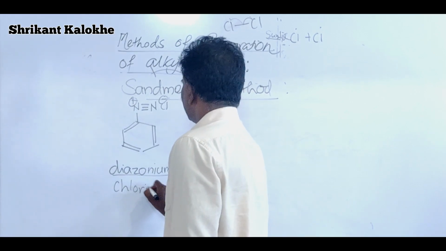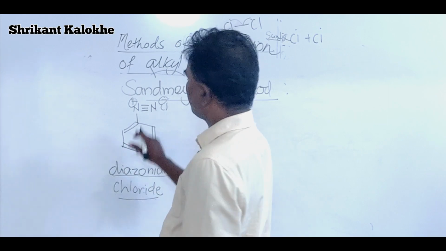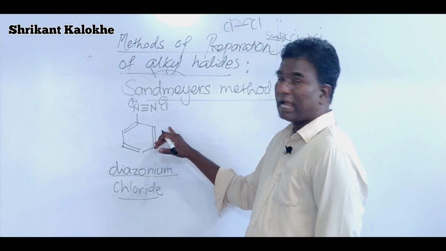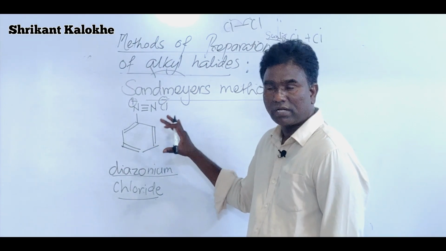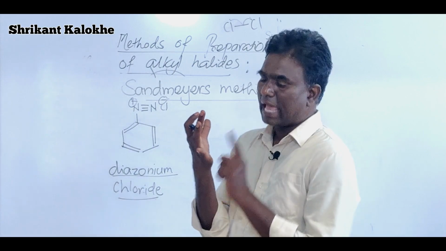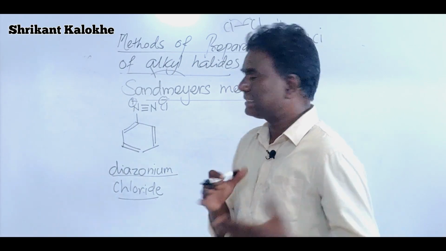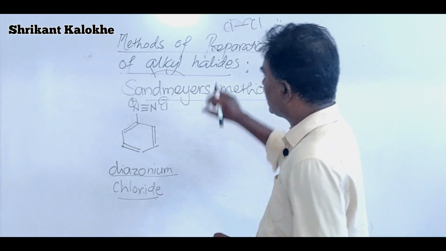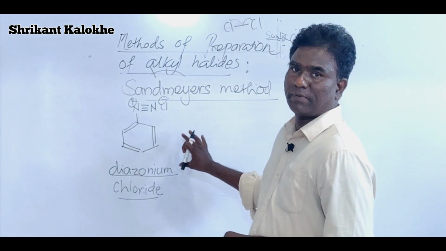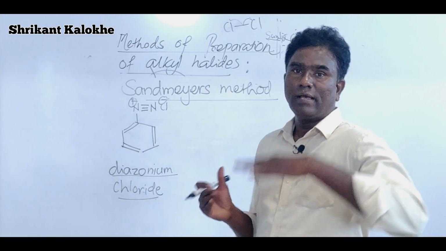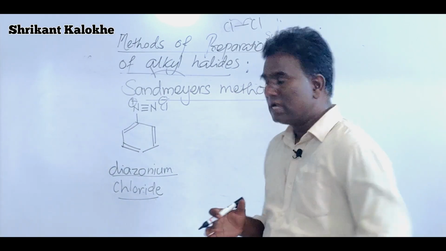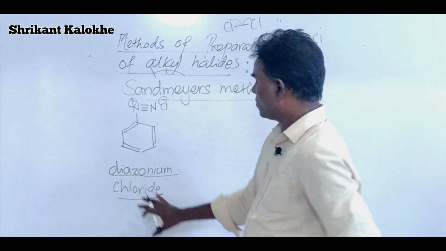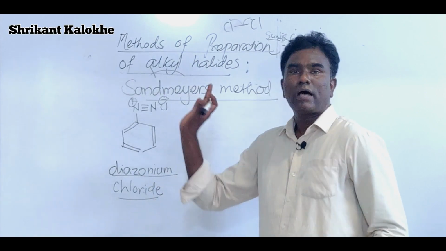and if chloride is attached to this, for example, this is diazonium chloride. This is a compound which is obtained by the reaction of aniline with HNO2, nitrous acid, and HCl. This mixture is treated with aniline. We will also discuss the same reaction in the 13th chapter. Therefore, in your textbook it has not been shown in this chapter. It is written in your textbook that we will discuss this in the 13th chapter, but we are discussing it here right now.